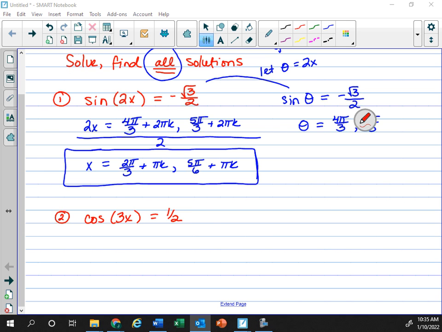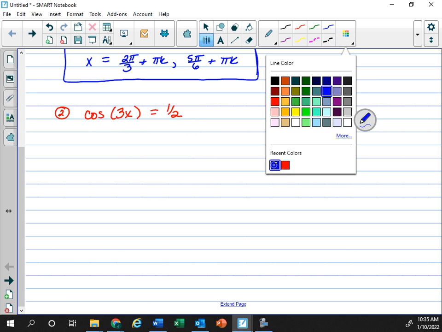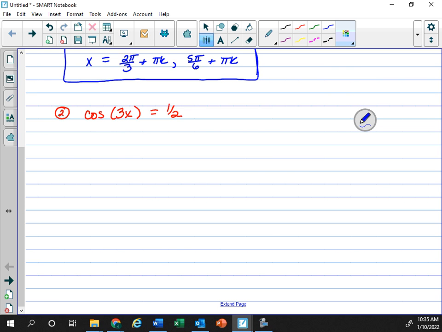Are we ready, guys? All right, let's look at this one. Okay, guys, so off to the side, I would think about just cosine of theta equals 1/2. So where does that happen? Where does cosine equal positive 1/2? Pi over 3, pi over 3. Good. Pi over 3 and 5 pi over 3. Okay, good. All right, so what I have to do over here then is set the 3x, the angle in here,